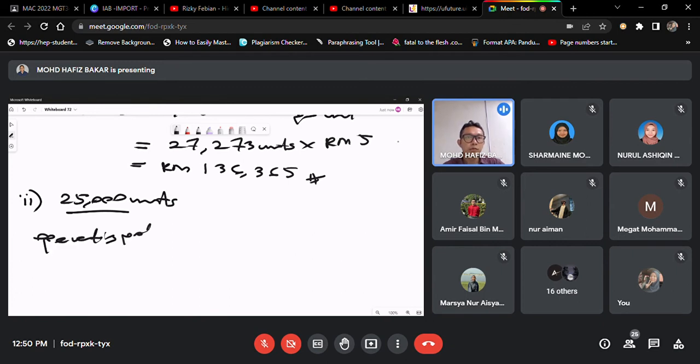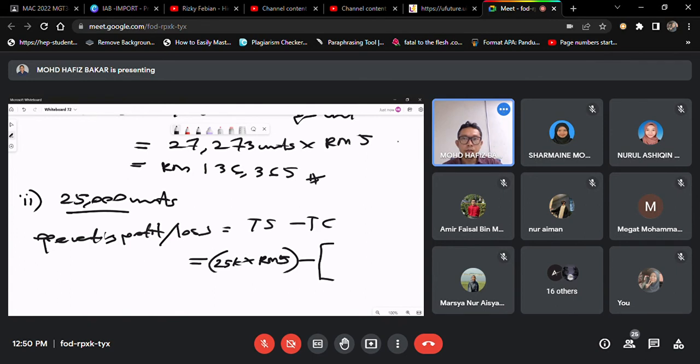Operating profit or loss equals to total sales minus total cost. So total sales quantity times price per unit, 25k times RM5, minus total cost from fixed cost. Fixed cost is 60k plus variable cost